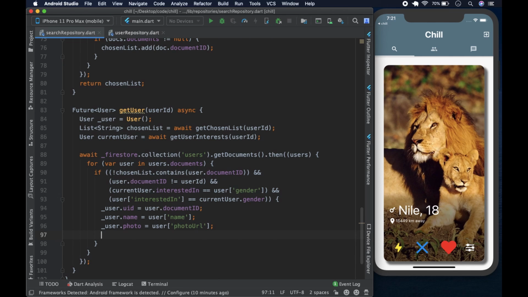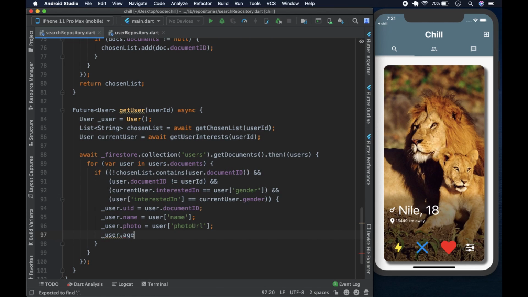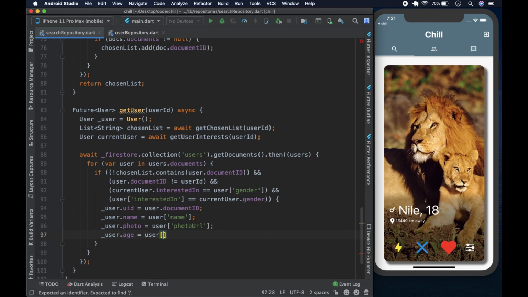And after that we could say user dot age is equal to user age,